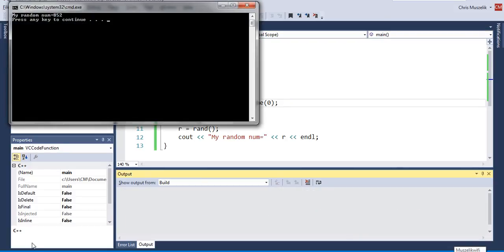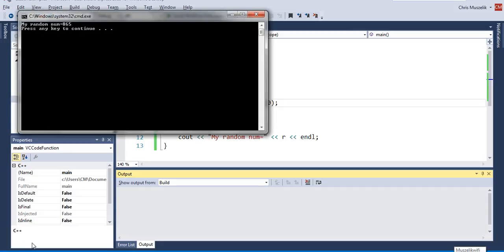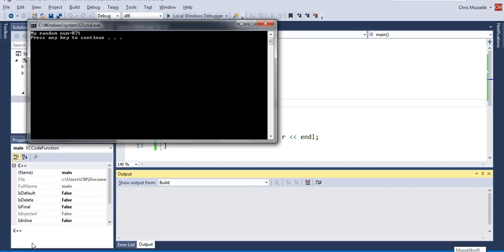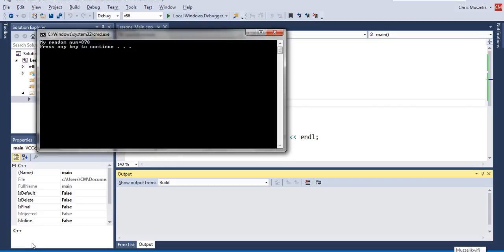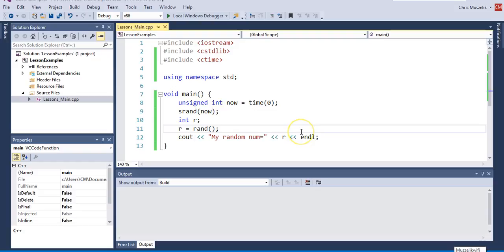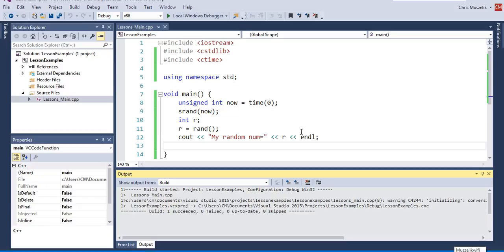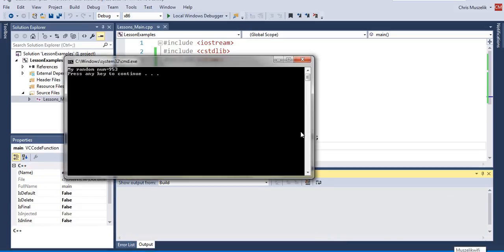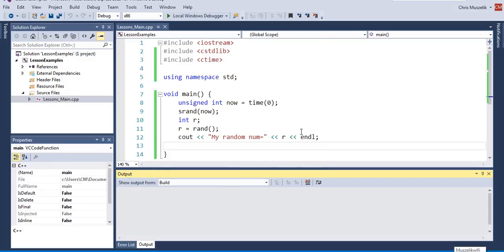I get back the number 852. If I run this again, I get 865. I get 871, 878, 891. So I'm getting back some different numbers. Not quite sure why they're all in the 800 range. Maybe it has to do with the way that I'm invoking the time function, but nonetheless they've been unique throughout. There we go. We get 953,